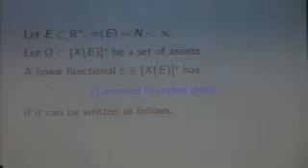Again, E is our finite set with n elements. Omega is a set of assists, so it's a set of linear functionals on E. And now we have some other linear functional, like let's say one of our list. Remember, in the previous theorem there was a list of linear functionals xi 1 to xi l, so maybe this xi is one of those. In any event, this linear functional is said to have omega-assisted bounded depth if it can be written in the following way.